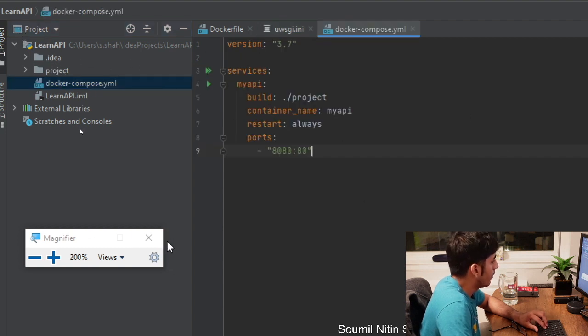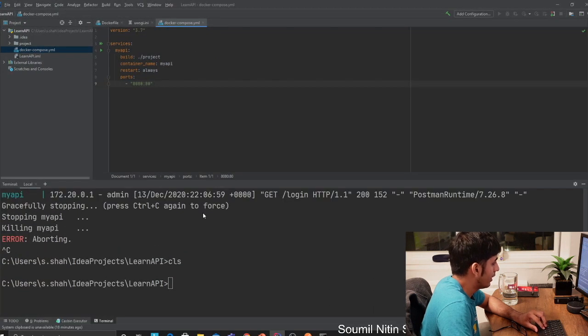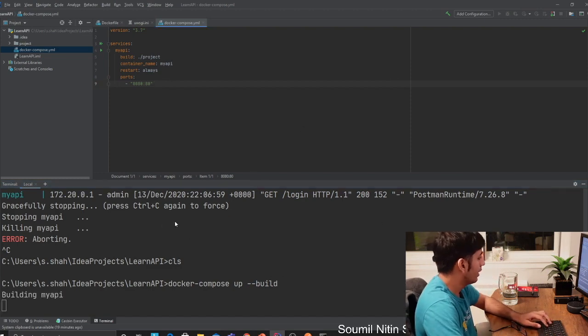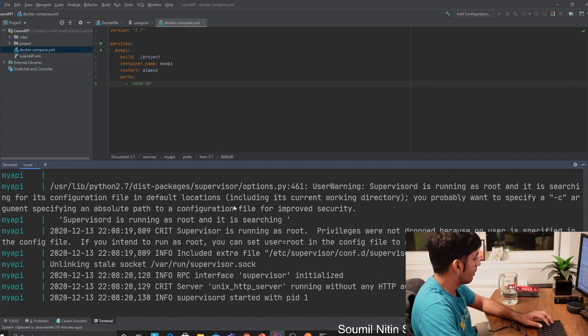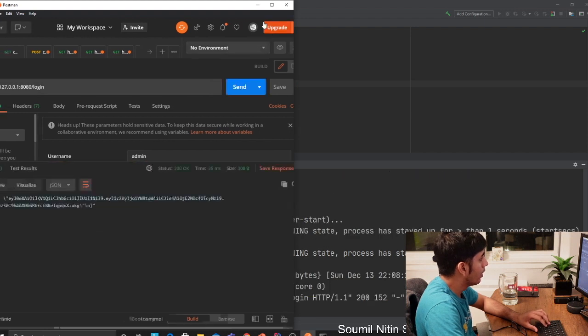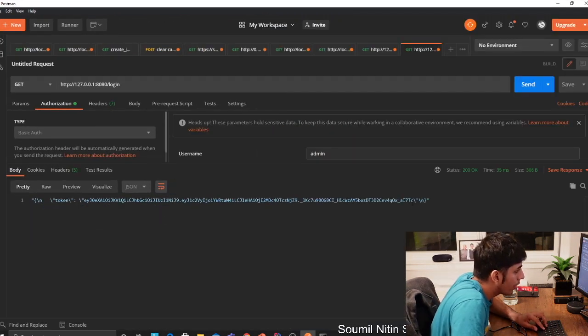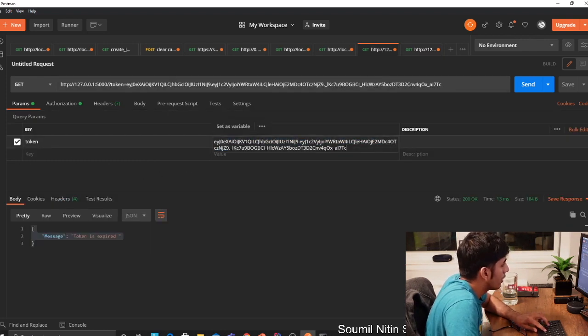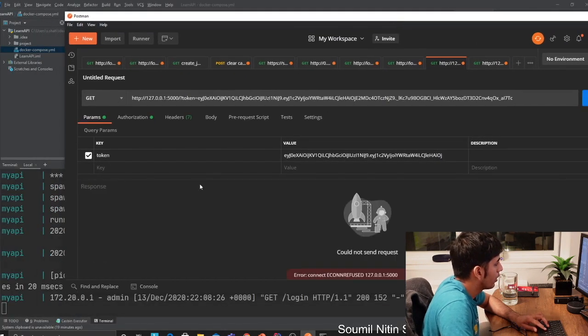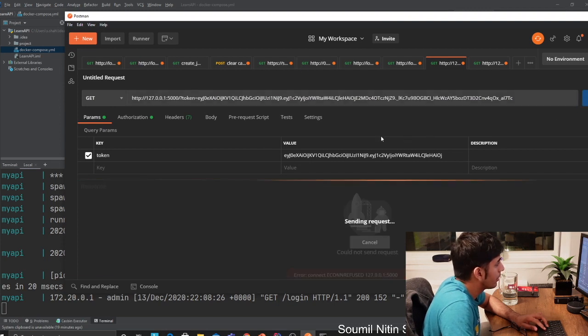So with everything set up, with everything I just said, if you just say docker compose up, that actually builds, and if you have Docker installed, it should spin up your container. Once you do that, you can verify that by going to port 8080 and logging in. When you do that, it's going to provide you an authentication token. Copy that token, and when you go to the actual route, the home route, you have to provide that token. And if you provide the right token, and if it's not expired, seems like something went wrong.